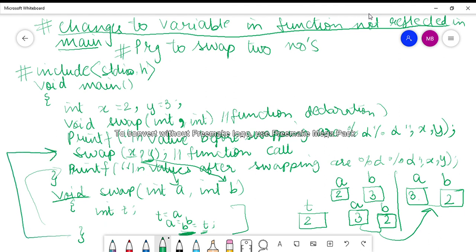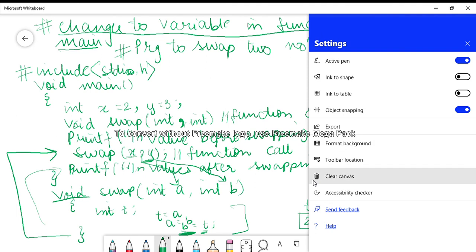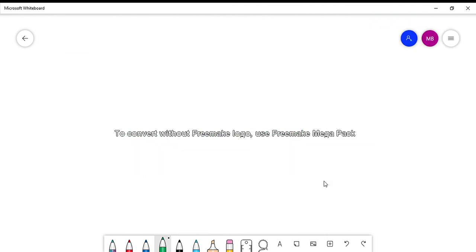So when I print, since the values were not returned, these changes were made on a temporary basis in the function swap, but they were not reflected in main. And the moment I came out of the function and went to main, those variables were destroyed, and so the changes were also not saved.